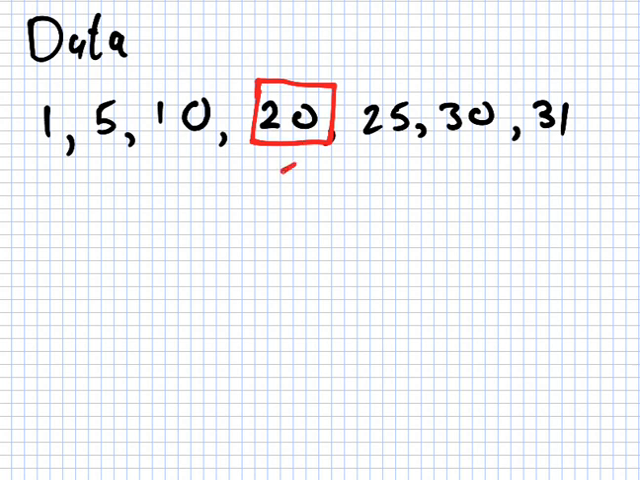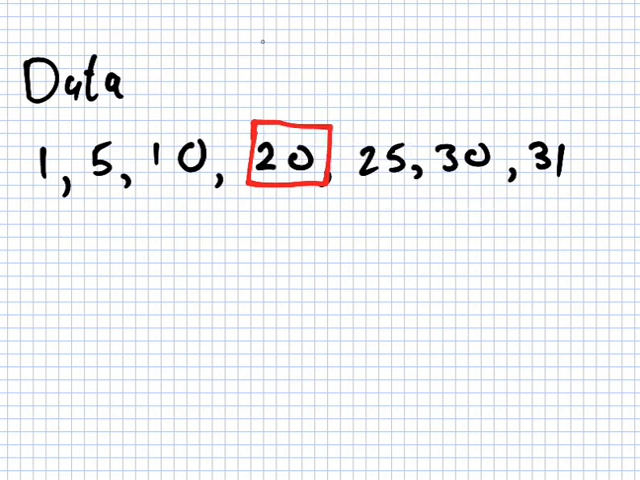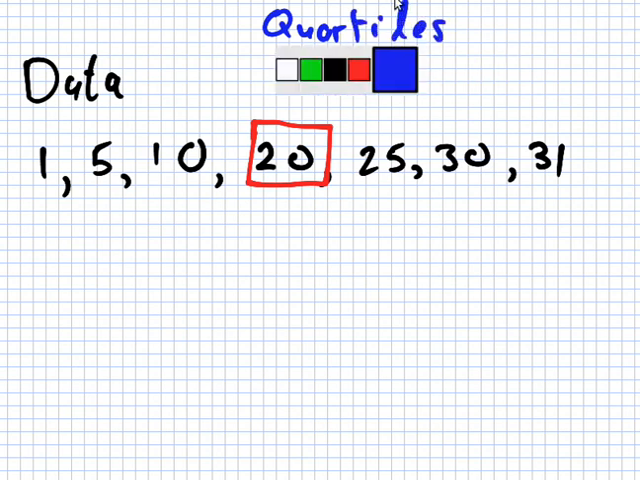Because it splits the data 50-50. If you're to the left at 20, you're in the bottom half of the group, and if you're to the right of 20, you're in the top half. There's another idea which we're going to introduce now. I think it's, yeah, quartiles. And the idea of quartiles is very similar to median, except instead of splitting the data in half, you split it into quarters. So if you were to look at this data here,